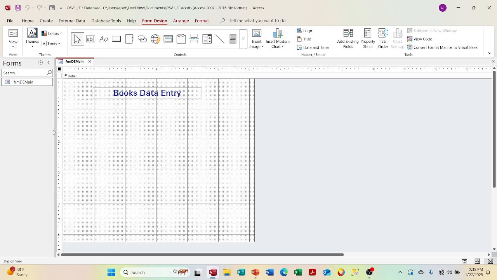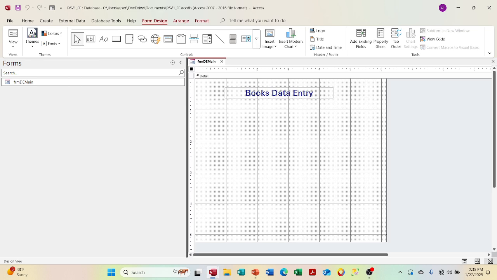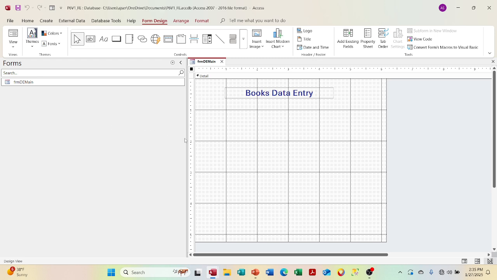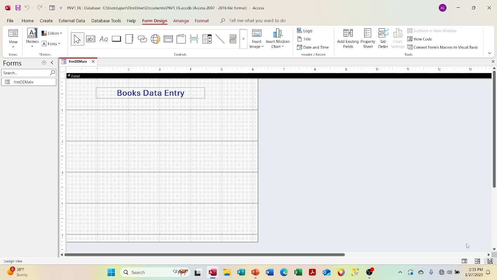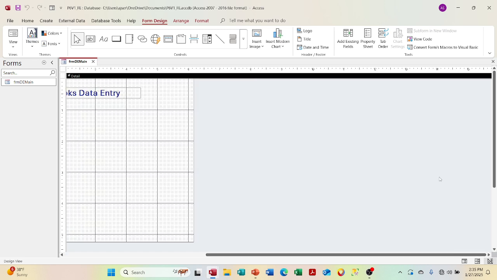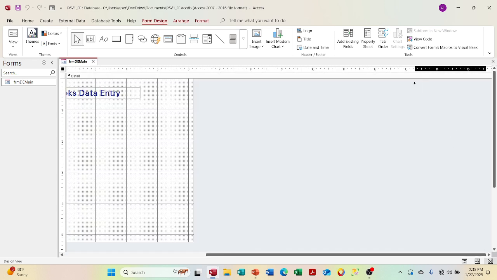So let's see if I can do it this way. No, that just changes my navigational pane. Not good there, right? Let's see. So my experience here would be we have this going all the way out, and